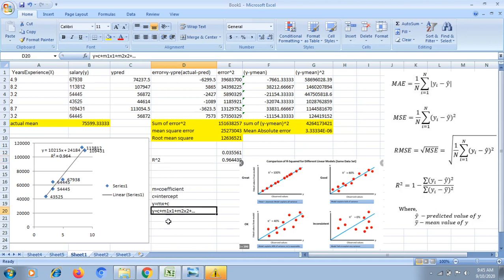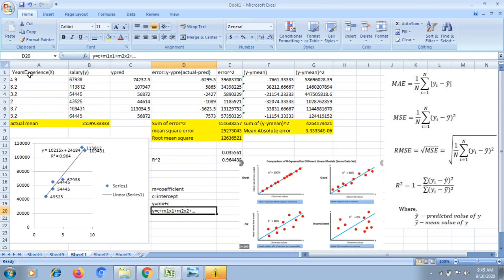Okay, in the case of multiple linear regression, for example, age is another column, years of experience is another column, and y is my dependent value. If you have multiple independent variables, like age is also depending on the salary of the person. For example, I want to represent age, years of experience, and salary.